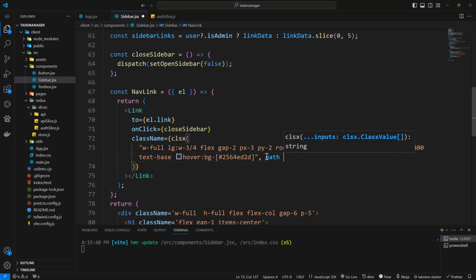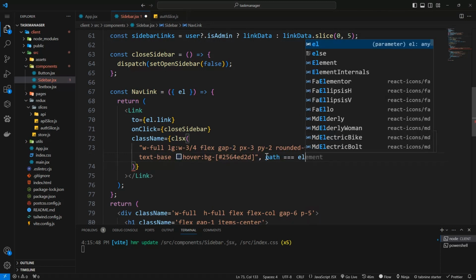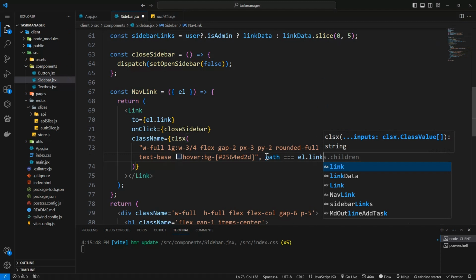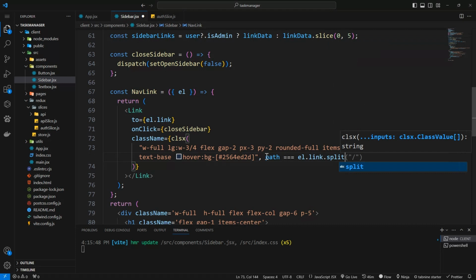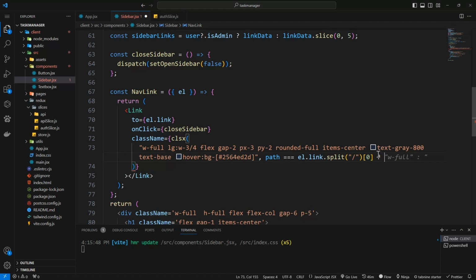path. If path is equal to el.link, right, dot split. Now the reason we're splitting it is that sometimes we can attach query to it, right? So if we attach query to it, we need to split it. And we also want to split it from the localhost, from the main domain, right? So el dot split by /. Then we take the first index. Great. If the first index is equal to path, then we're going to give a classes of